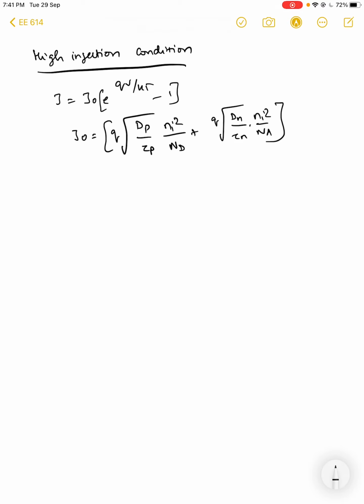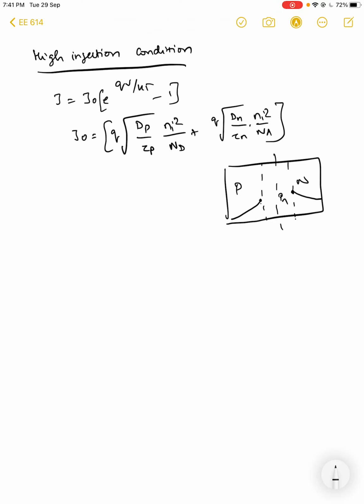And that is because the entire derivation considers that the change in the majority carrier concentration is negligible due to the carrier injection from the other side. To repeat, let us say that we have a PN junction here with the depletion width somewhere here, right? The hole density on the n side, let us say is pn, right? And then it drops down like this. Similarly, the electron density on the p side goes down like this, right?